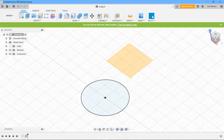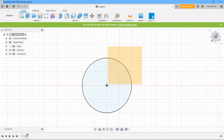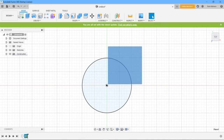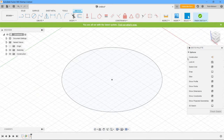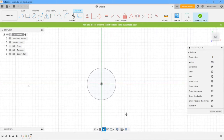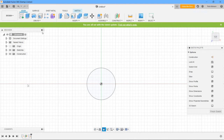So we have that barrel there. Click on the home, and we can see this plane is directly above it. Click top, and it's back upon it. Now then, I just want to make sure that this plane is in it. We'll see if it's in the right place in a minute. So we now need to go back to create an additional, make sure that plane is there. I'll click home. Okay, let's go top. Let's zoom back out again. Let's move this into the middle. Let's go back and